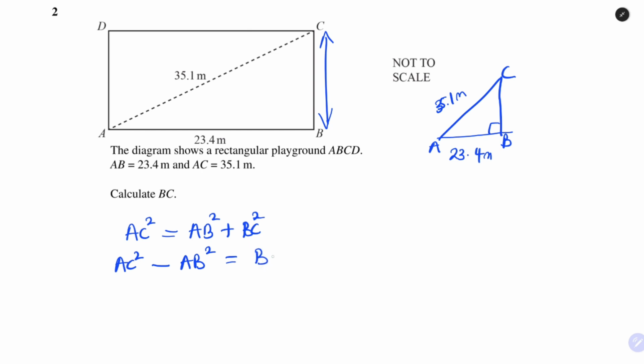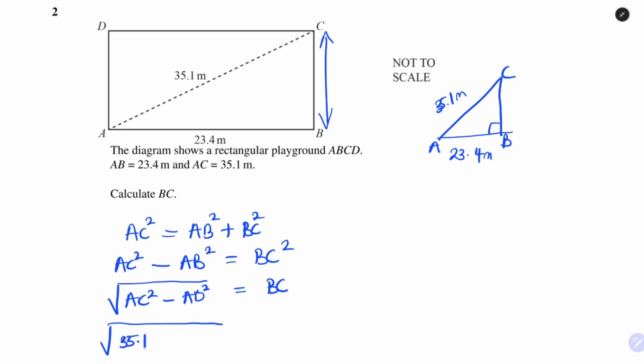That will give us BC square. So the square root of AC square minus AB square will give us our BC. Now let's plug in our values. Square root of what's our AC again? 35.1 square minus